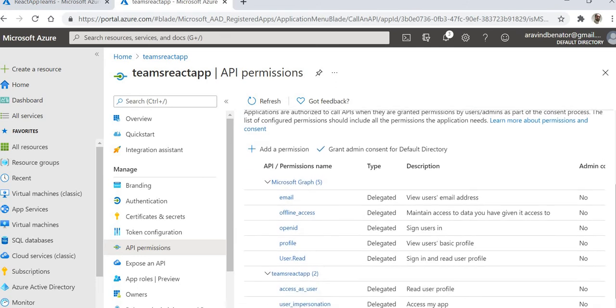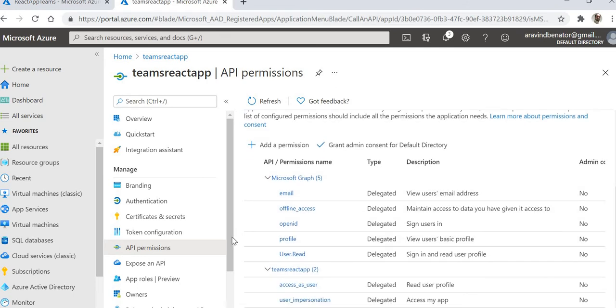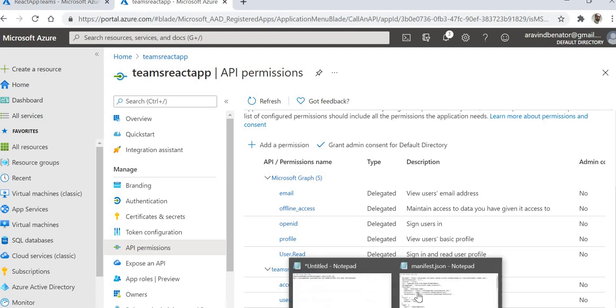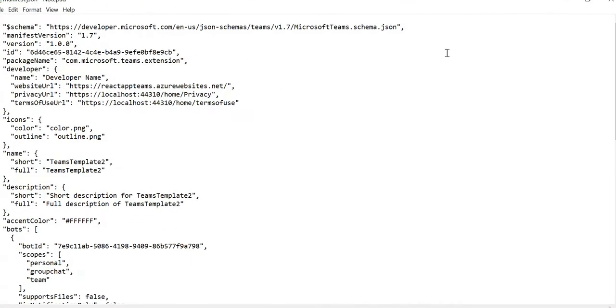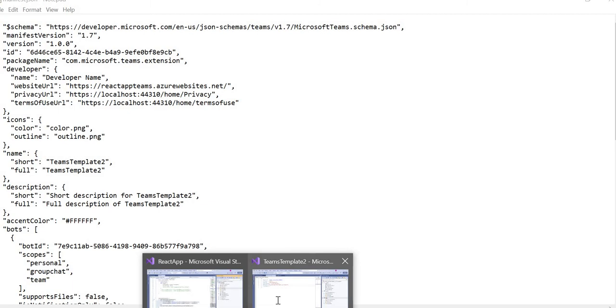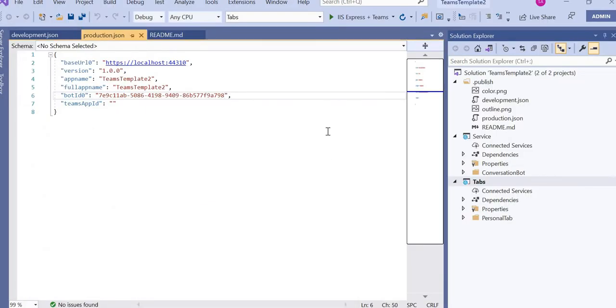So these are the things I have done on the Azure AD application. Once this setup is done, we need to configure the Teams configuration as well. You can get the Teams manifest file from Visual Studio itself. You can install the extension Microsoft Teams template.